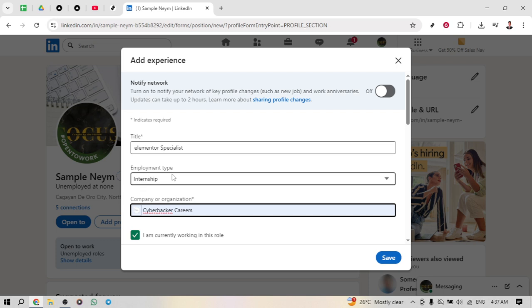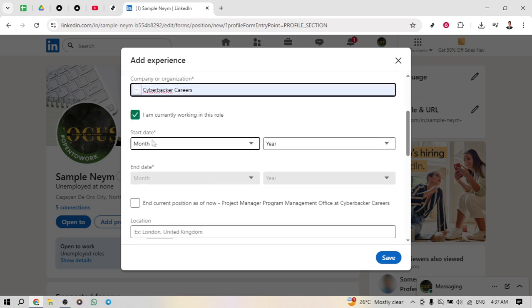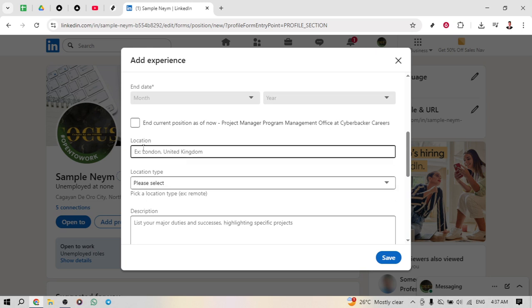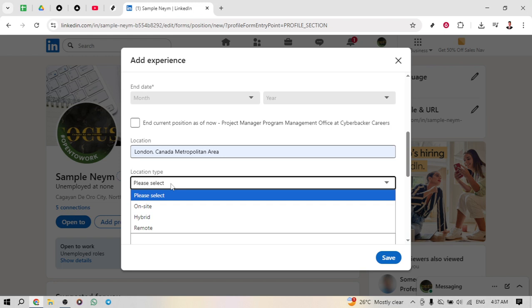Location also plays an important role in your internship entry. Input the location of the company or the location where you worked. Right after that, you will be asked to select the type of location, whether it was in person, remote, or hybrid. Additionally, LinkedIn may prompt you to share where you found the job, which can be a useful detail for